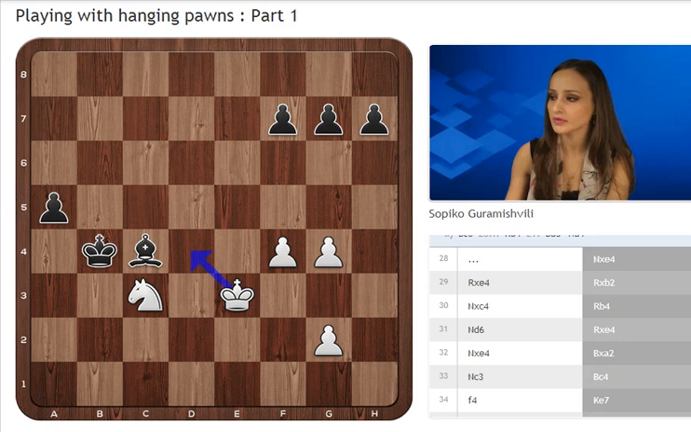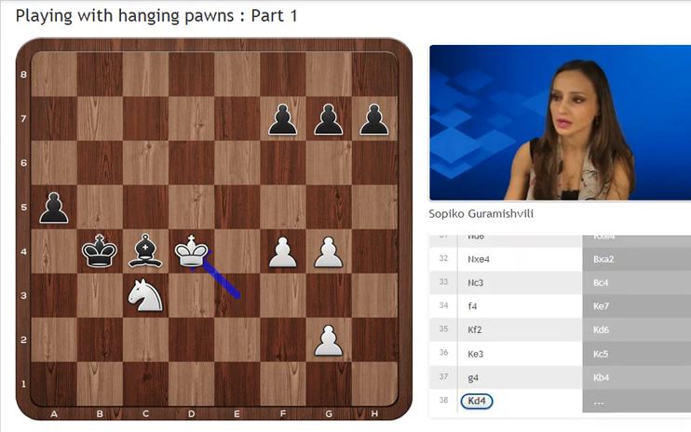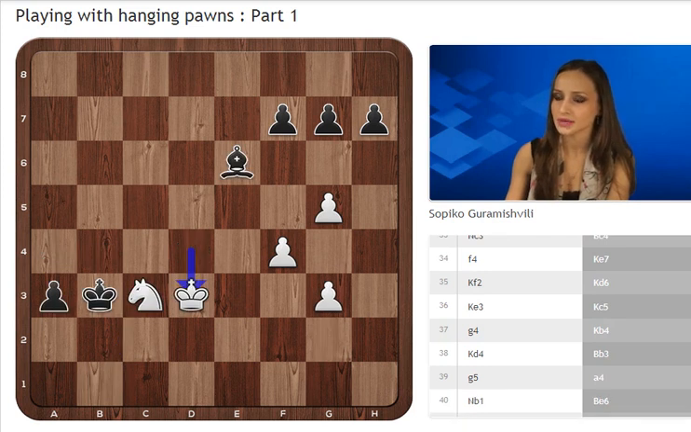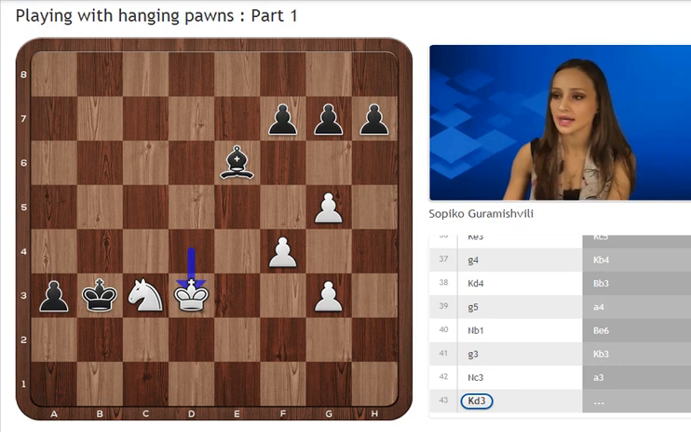g4, king b4, king d4, pawn advances, and a3, king d3, g6, king c2, and there is no way to stop a2, so